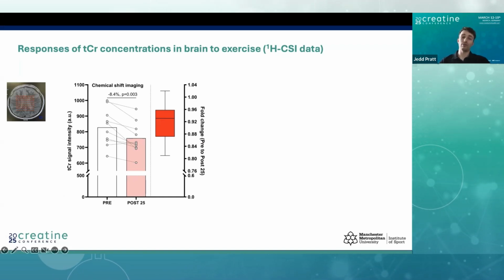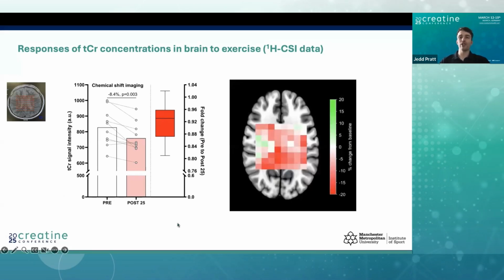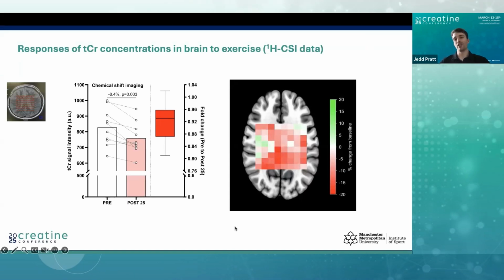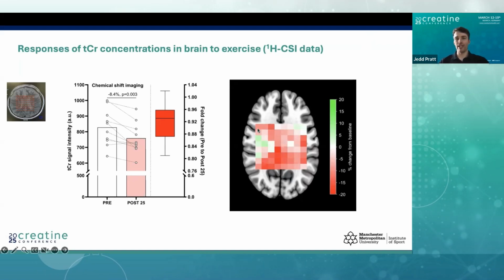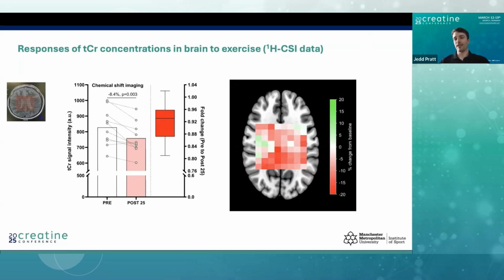Another important factor that we looked at is the region-specific changes. You can see in this figure, essentially a heat map, the percentage change in creatine concentrations from baseline averaged across the group. For each of these boxes, a single spectrum would have been acquired. As I mentioned, it's an 8x8 grid, so you have 64 different spectra in these boxes, and that allows us to get an insight into region-specific changes